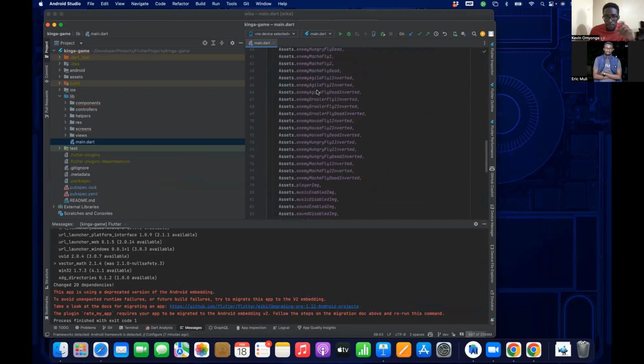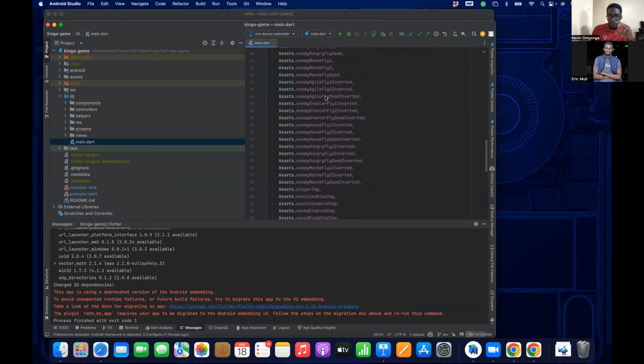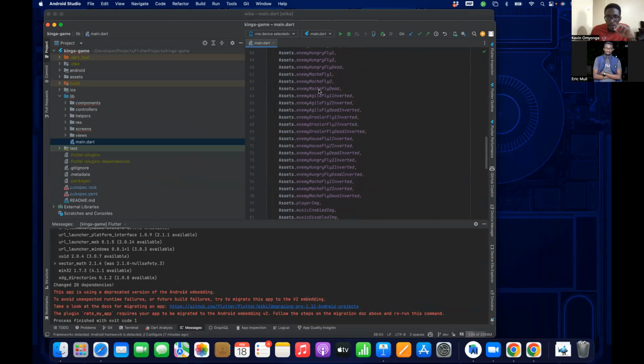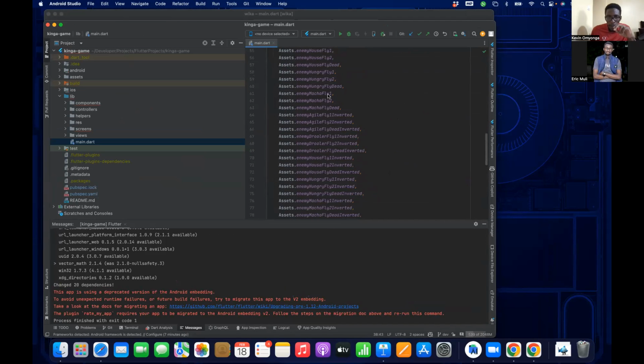Since the enemy would come from either the left or the right, I had to import each one: fly 1, fly 2, macho fly 1, macho fly 2, then macho fly 1 inverted, macho fly 2 inverted. All of this I had to do by myself.